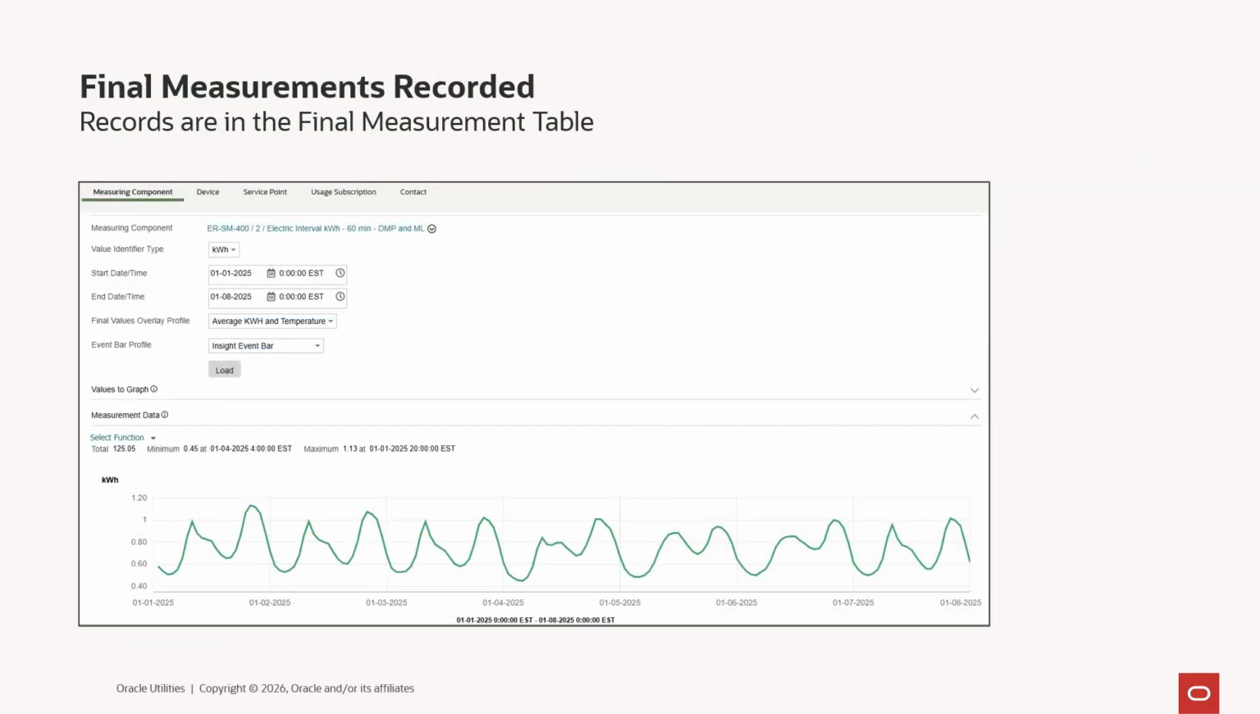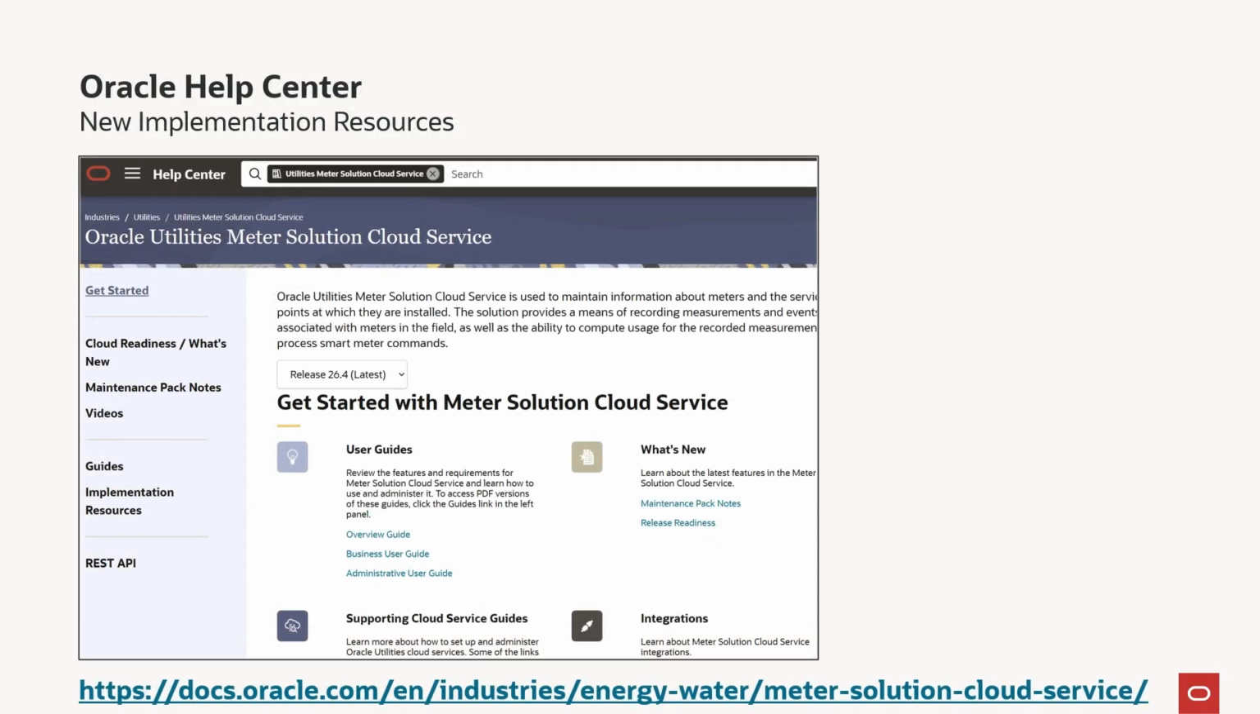If there is no exception, we show the final measurement values on the interval zone within the 360-degree view portal. For more information about this feature, see the user guide or 26.4 release readiness on Oracle Help Center, which is available at